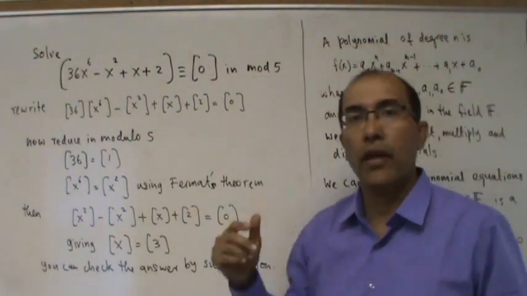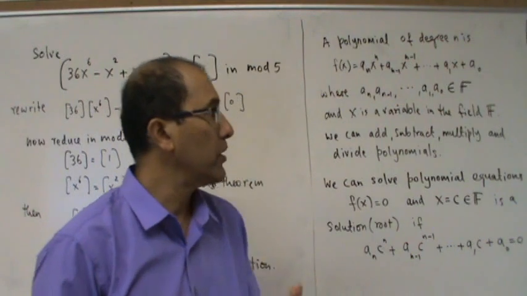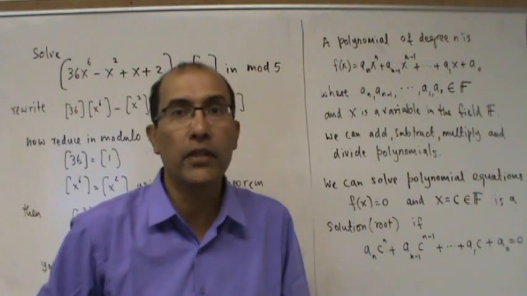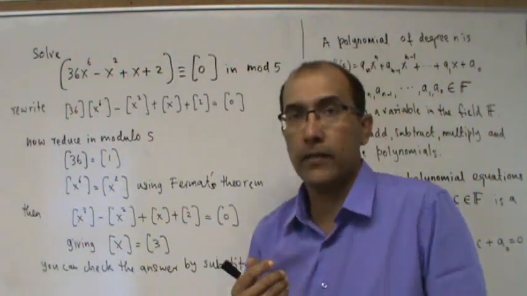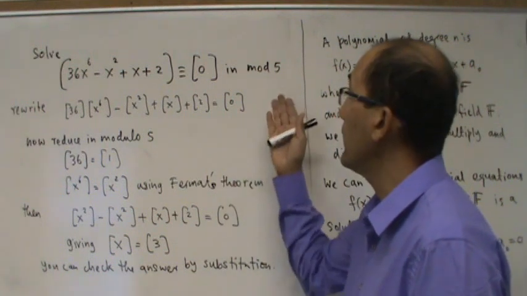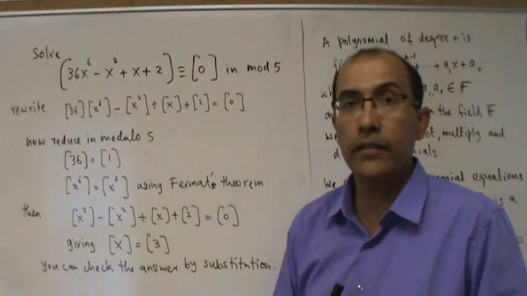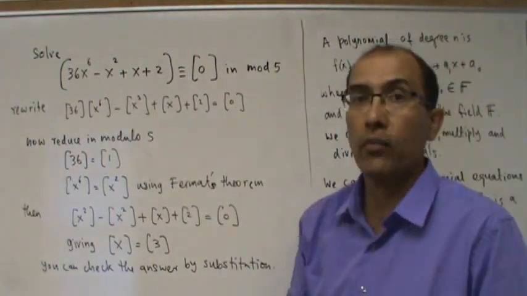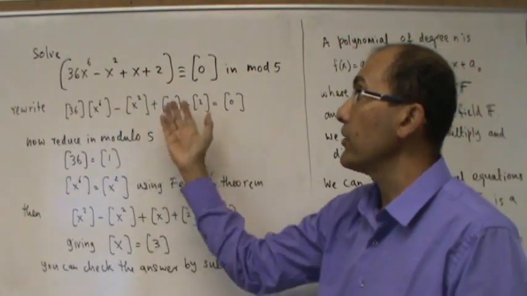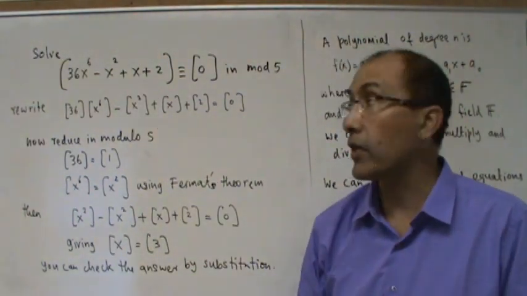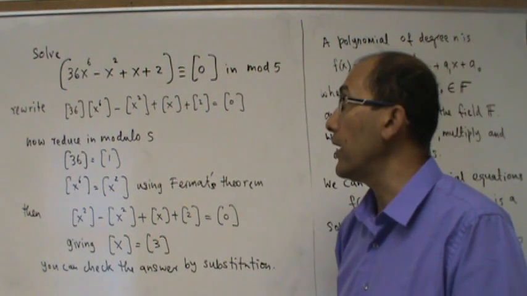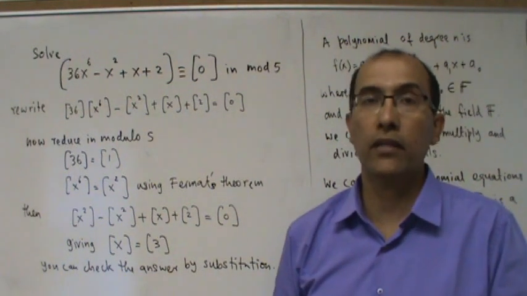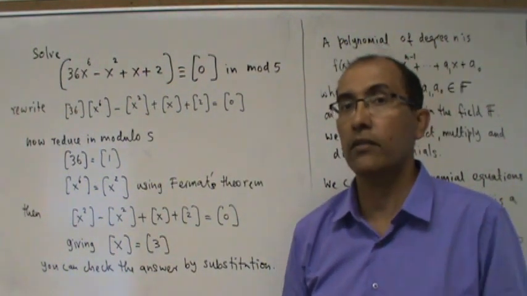So I'm not going to look at addition, subtraction, multiplication, division. Those are things you have done many times and you should be comfortable with that. I'm just looking at only solving a polynomial equation in the field Z5, and let's see how to solve this polynomial equation. I can rewrite this using the properties I learned for congruence classes, break it down and write it like this. I could have also written this as a non-linear congruence equation and solved it, but